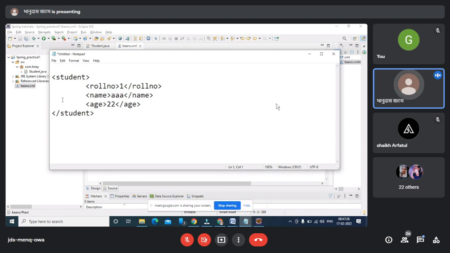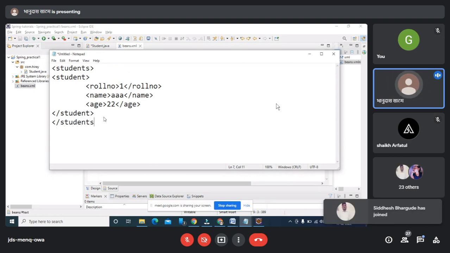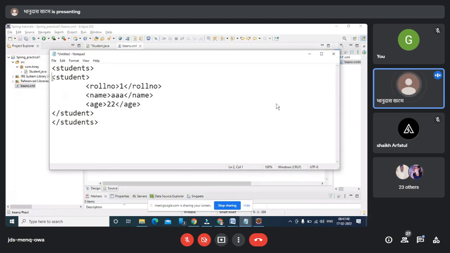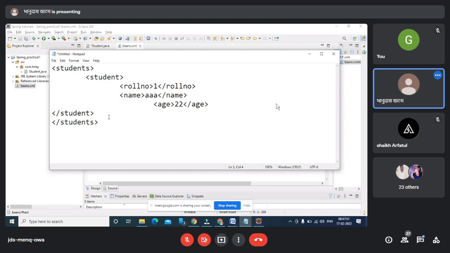So in that case you are going to use students here, and inside that you are going to create n number of records of students here. So this is my student 1, this is my student 2 and student 3 kind of. तो मैं यहाँ पे n number of student क्रिएट कर सकता हूँ. सो दिस इज माय रोल नंबर 1 स्टूडेंट. तो इसके अंदर मैं n number of students I can create here.